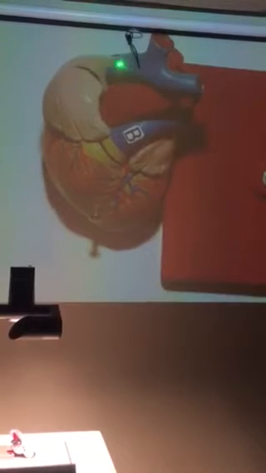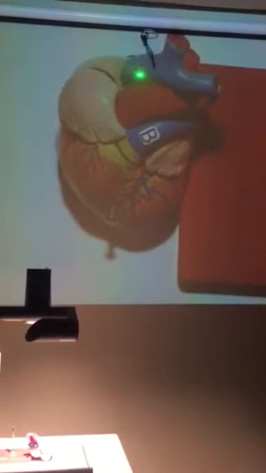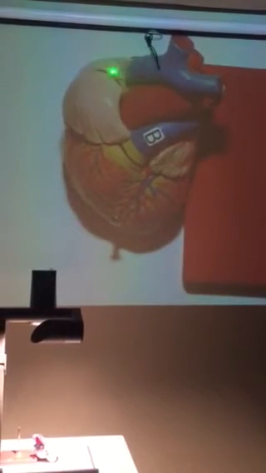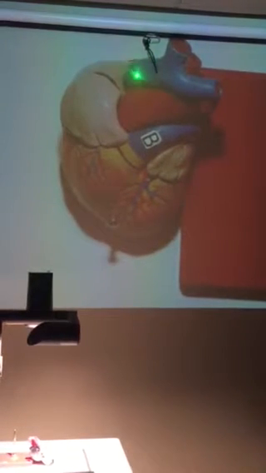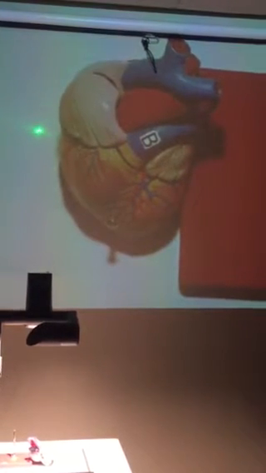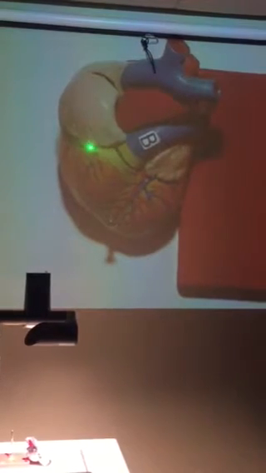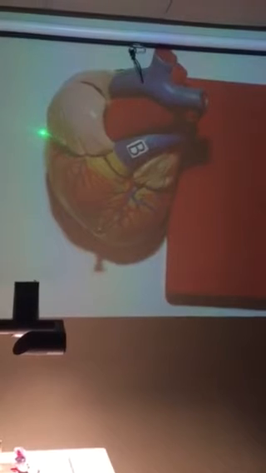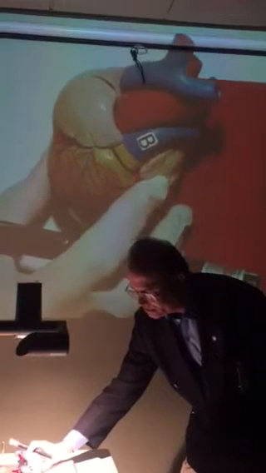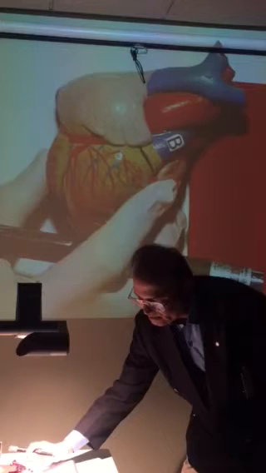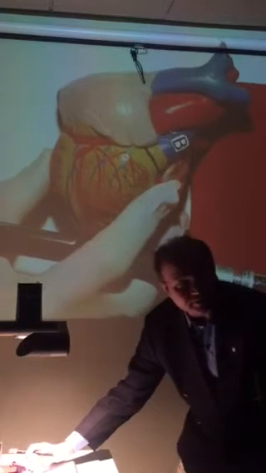What is this vessel going in right atrium? Superior vena cava, which is formed by right and left brachiocephalic veins. Similarly, we would expect inferior vena cava on this side. So I will turn the heart so that you can see the coronary sulcus all around. Can you see the coronary artery in coronary sulcus? Yes.